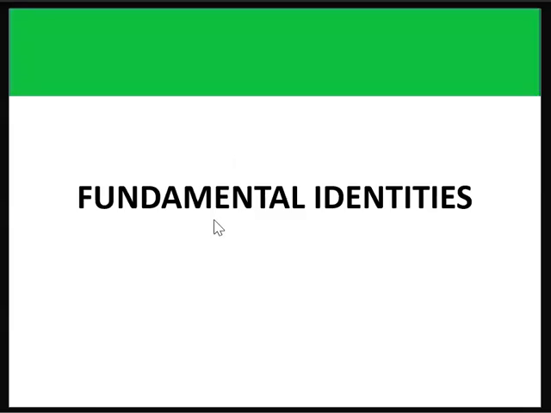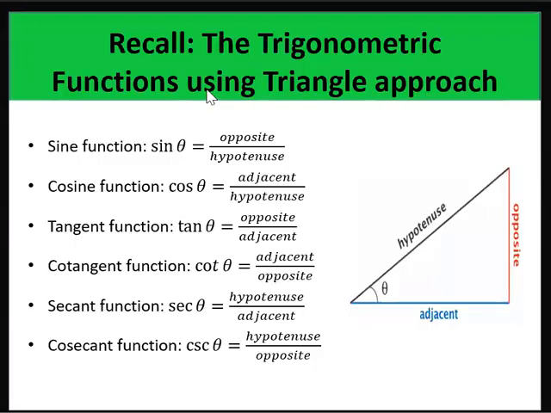Hello everyone. In this video, we shall discuss the fundamental trigonometric identities and we shall have examples where we prove some of the identities that will require the use of these fundamental identities. So first, let's recall that the six trigonometric functions are defined in this manner using the